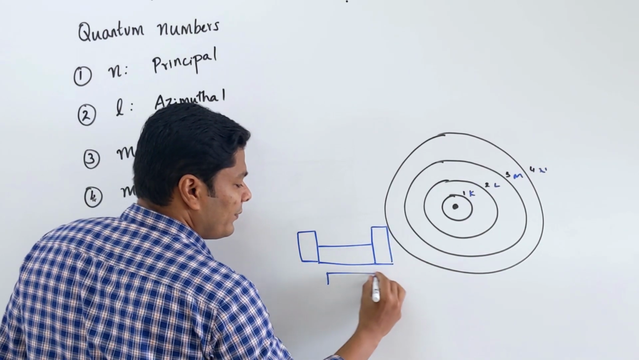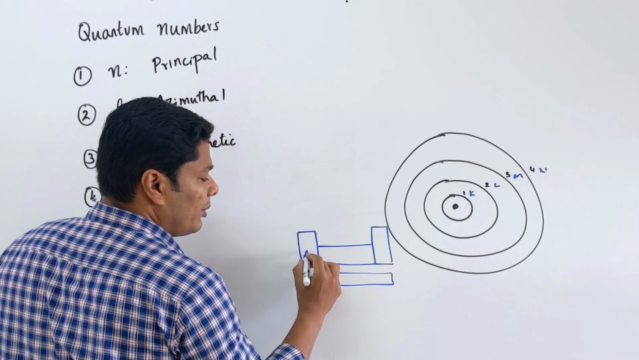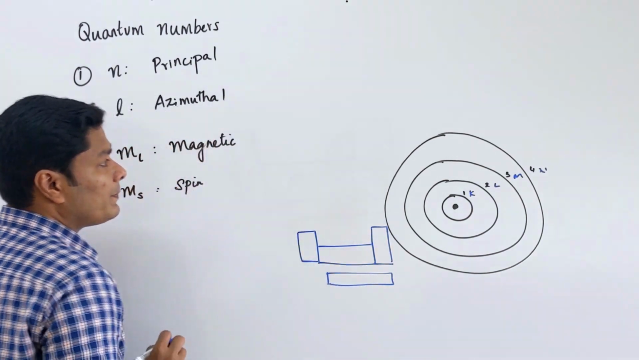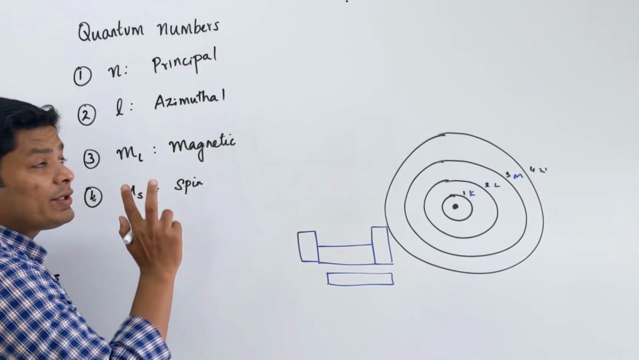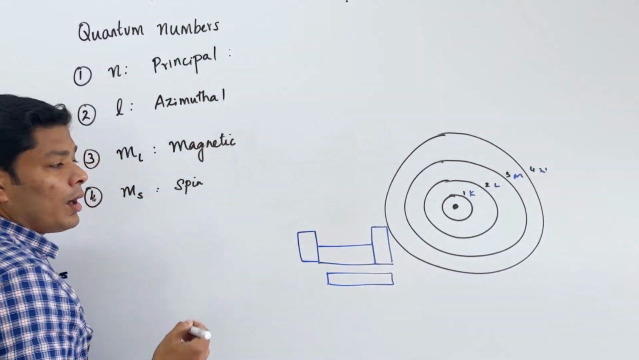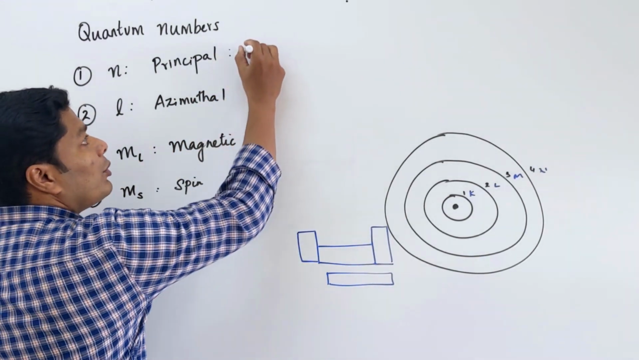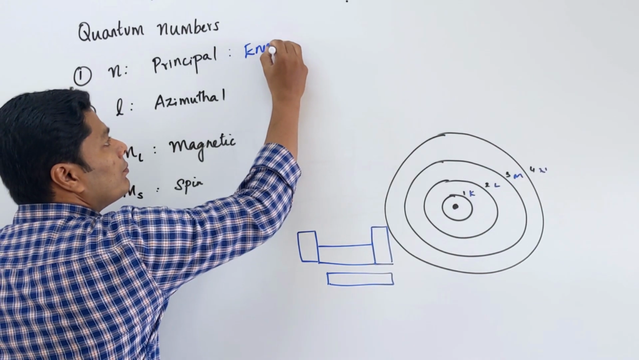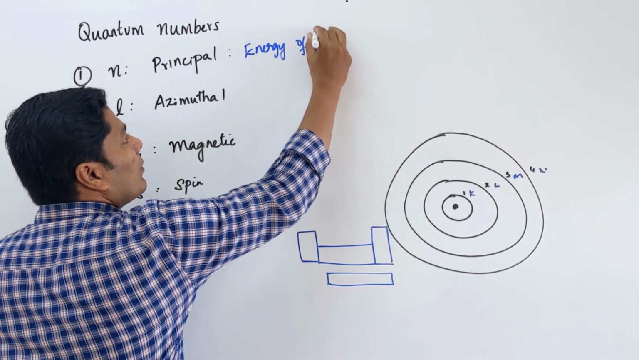It's easier to identify and remember. So S, P, D, F, all those. Okay. The principal quantum number tells you a couple of things. First thing it tells us about is the energy of the